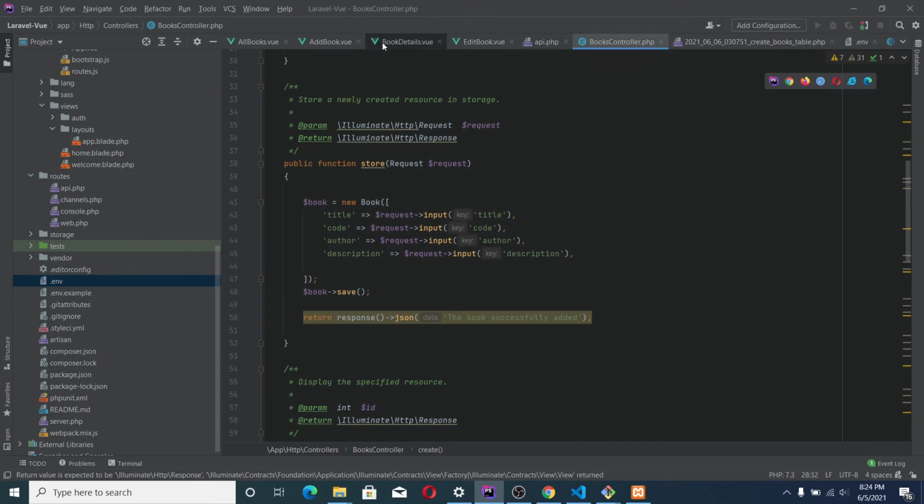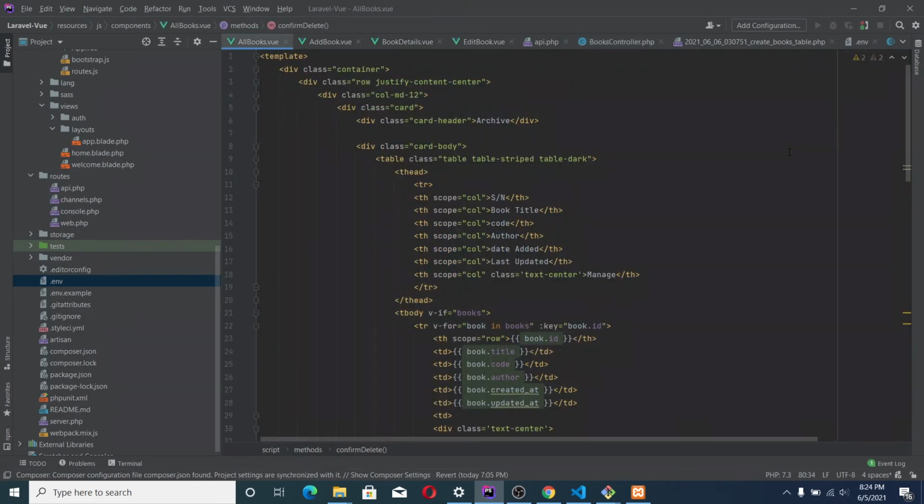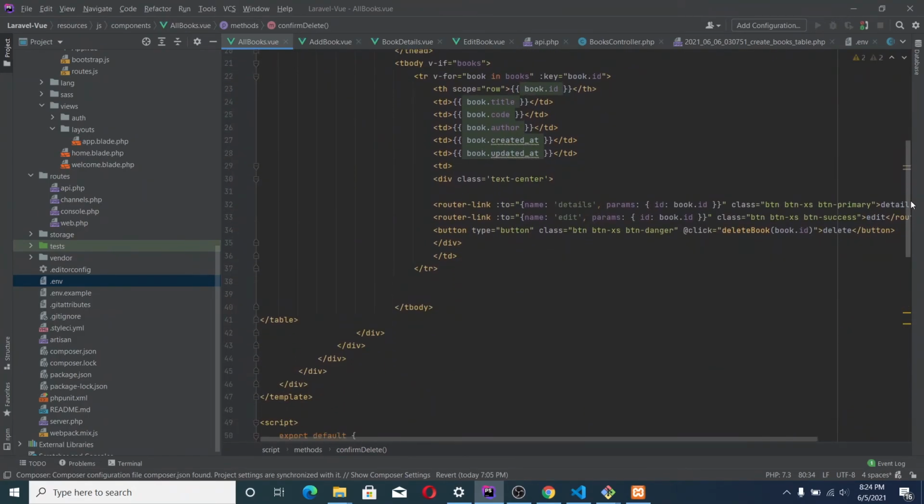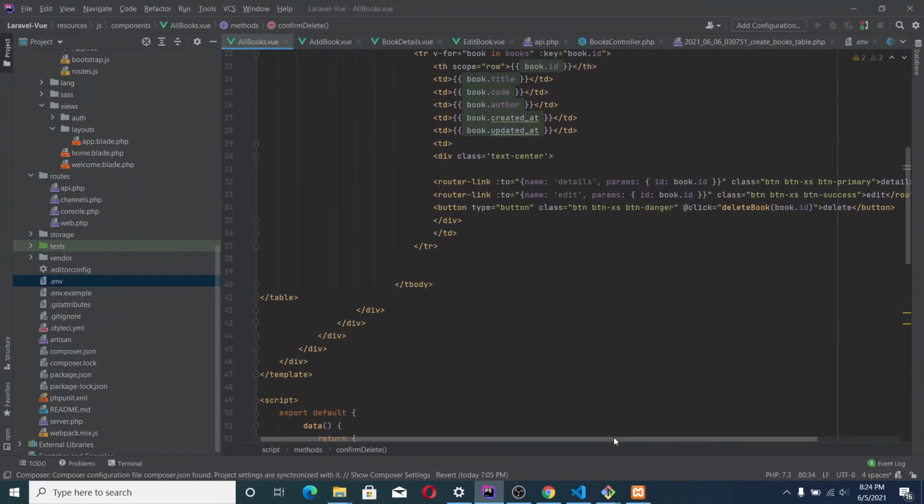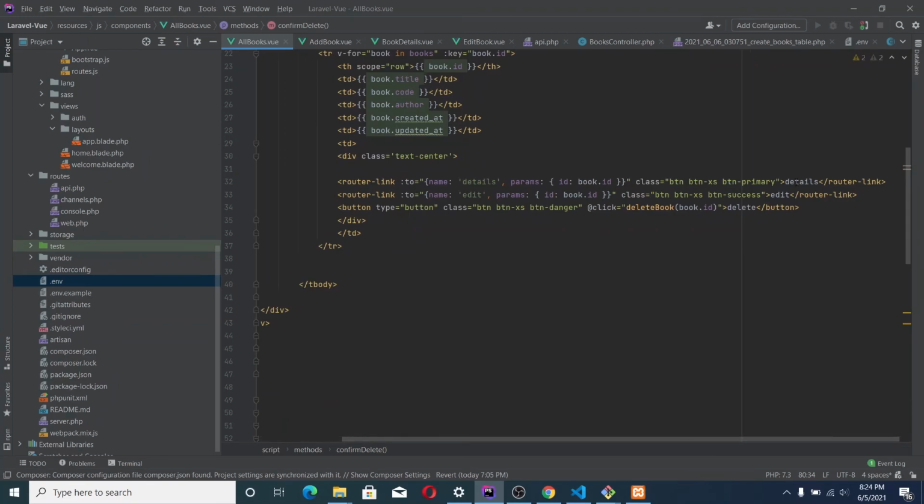So when you come to all books here, the route that is taking us to the details here is done using this Vue Router. You see, router-link is how you use Vue Router to link to another page.